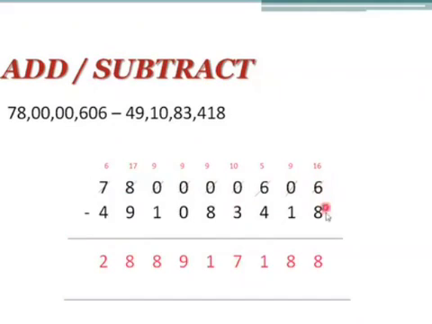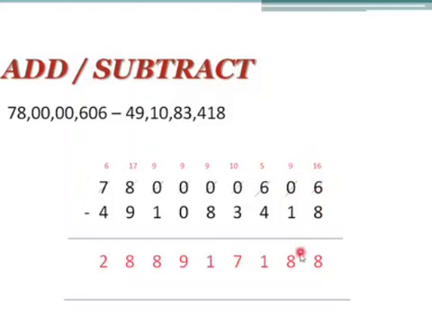Now we have to start from the ones column here. 6 minus 8 is there, and we cannot subtract. So 16 minus 8. That means you have to borrow from the next number. To borrow from here, number 0 is there. So how can you borrow? You should go to the next number. From the next number to here you have to borrow. Then here it will become 16 and this number will become 9. 6 minus 1 will become 5 here. So 16 minus 8 gives us 8.